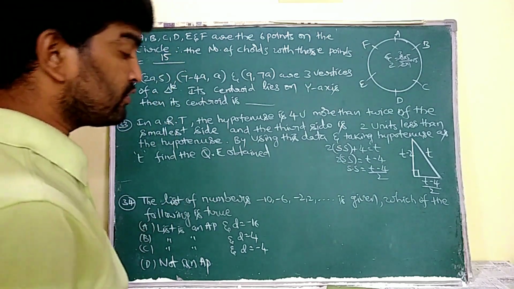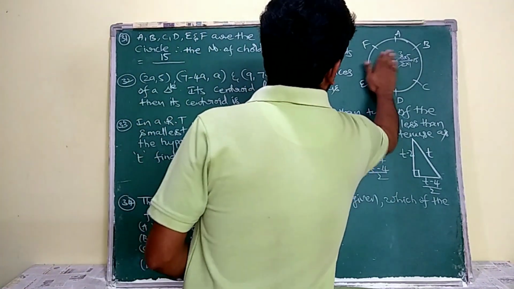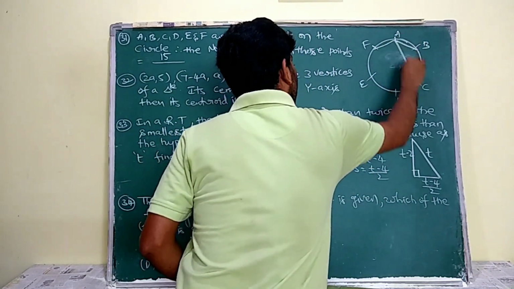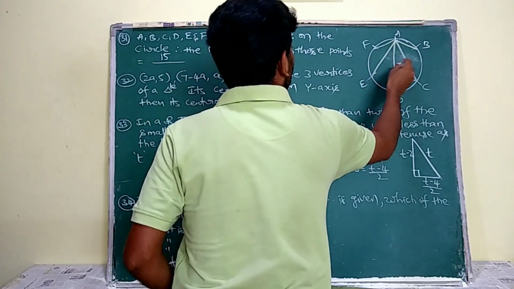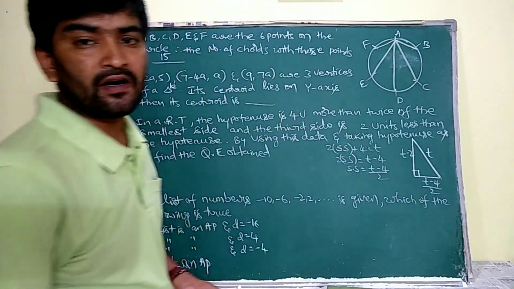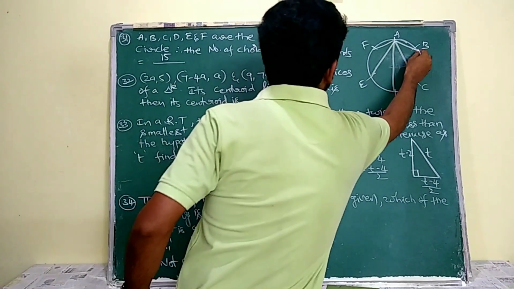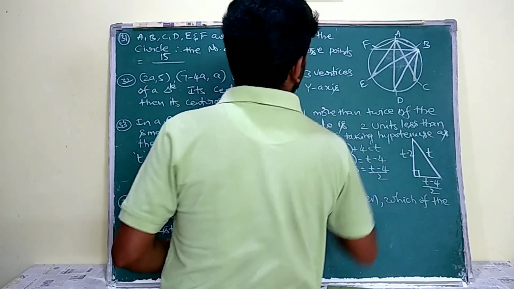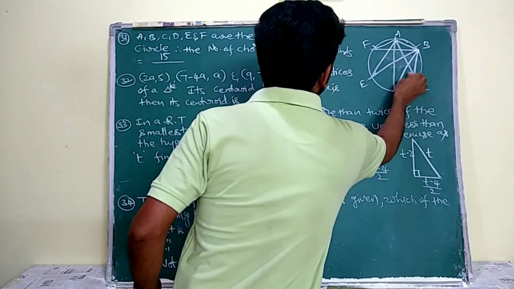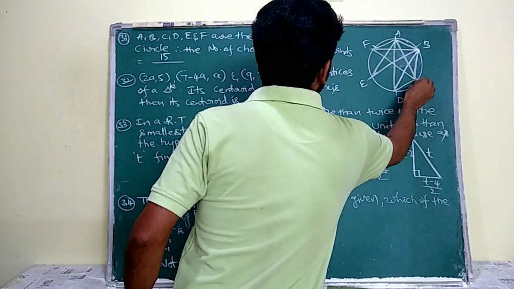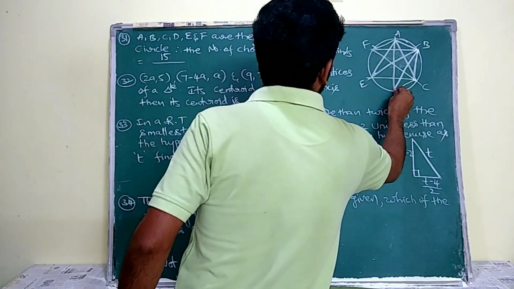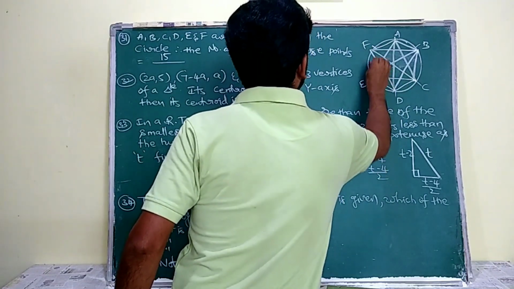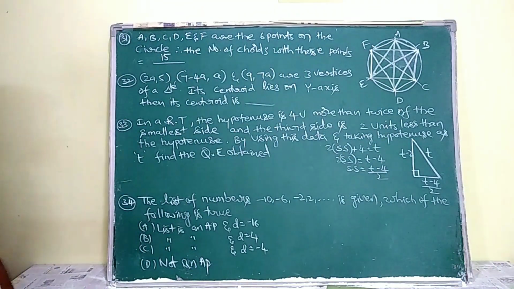Okay, else you can draw the chords here. See, by drawing the chords from A, we know that 5 chords are going to be formed. From A we drew 5 chords. From B, 5 after 6, 7, 8, 9. After 9, 10, 11, 12. Next 13, 14. And this is 15. These are the 15 chords.